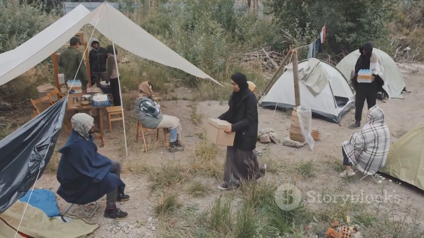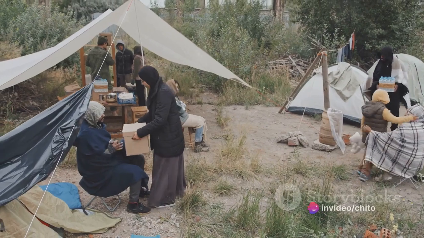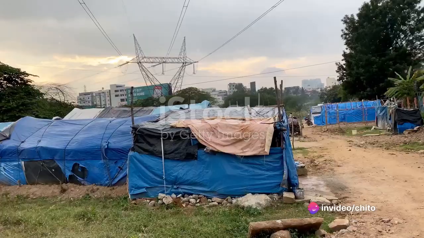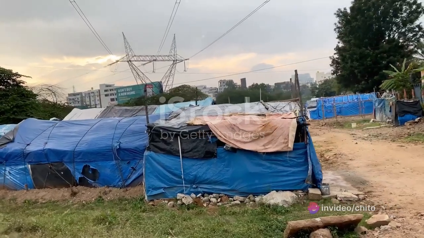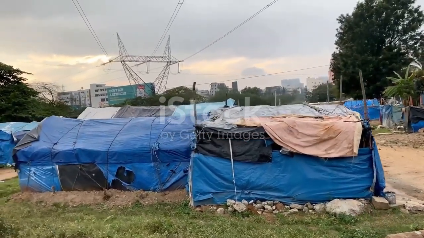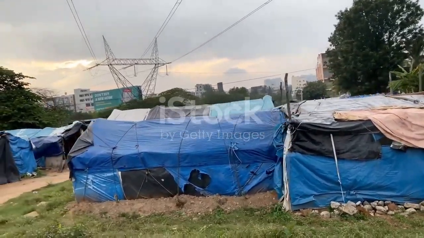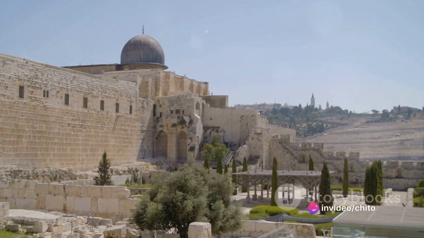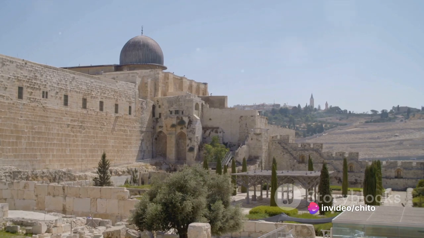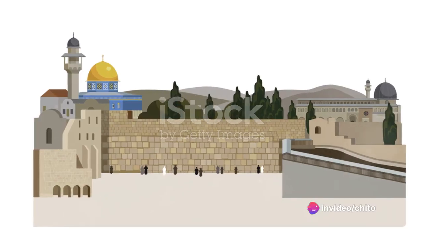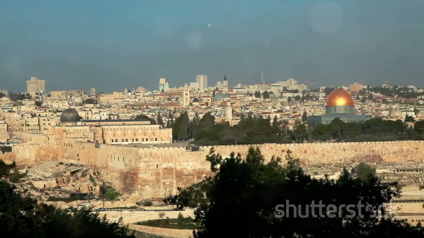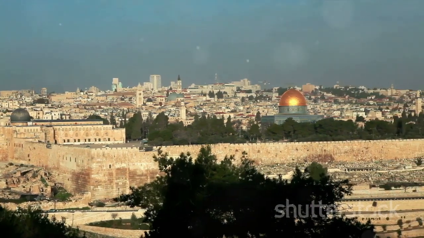The war resulted in a refugee crisis, with hundreds of thousands of Palestinians fleeing or being expelled from their homes. These refugees found themselves in a state of limbo, unable to return to their homes, yet also unable to fully integrate into their host countries. With the establishment of Israel, the landscape of the Middle East was forever changed. The post-war period had set the stage for a new chapter in the region's history, one that would be marked by a complex and enduring conflict.